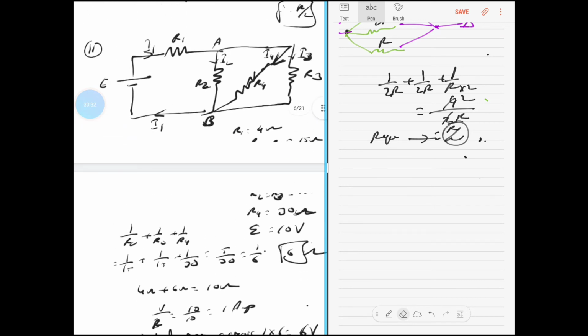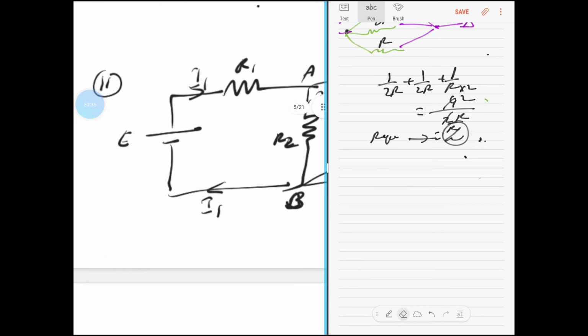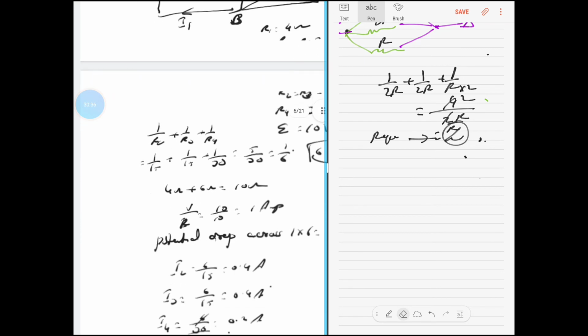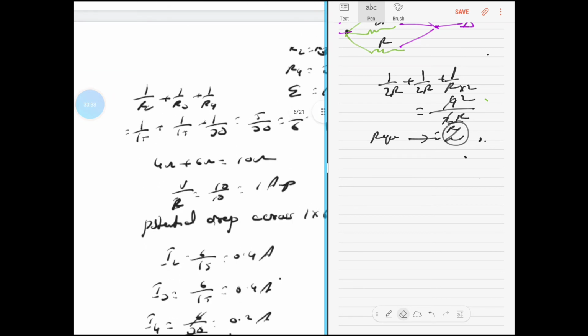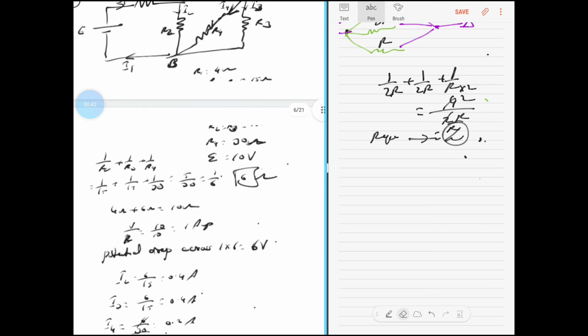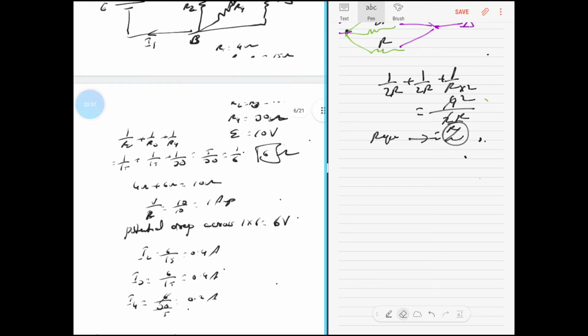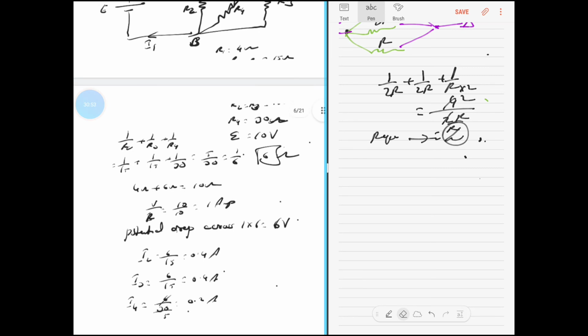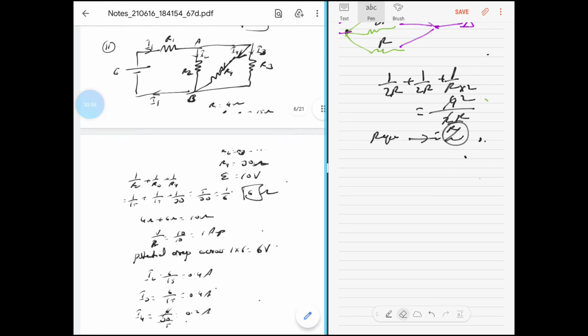And the total voltage V is actually 10 volts. I have not written it here, but this E has to be 10 volts. So in that case, it's V by R. V is 10 volts by total equivalent resistance 10. That's 1 amp, the current that's flowing through. The moment you find 1 amp to be the current flowing through the circuit, you can just think of the way in which the current is going to get split.